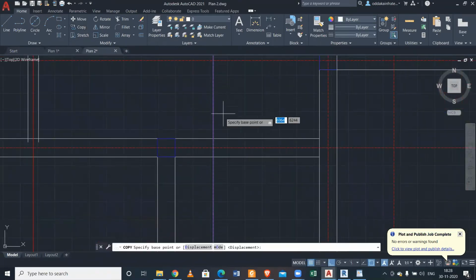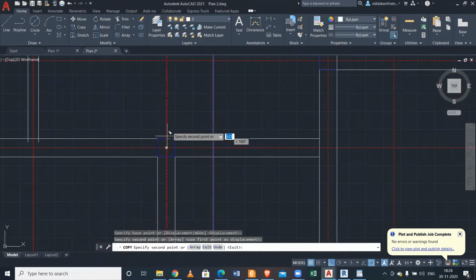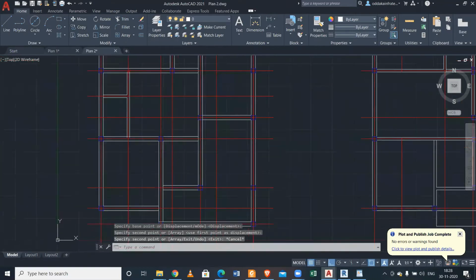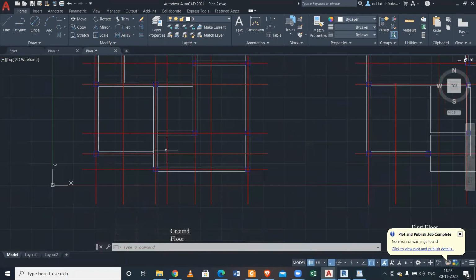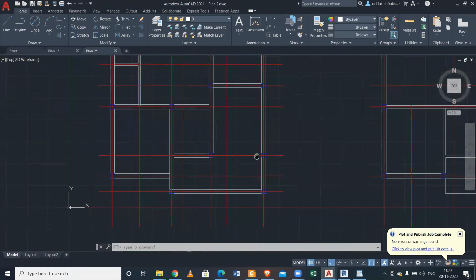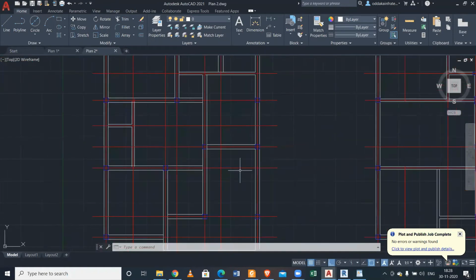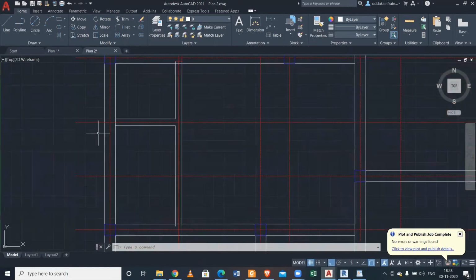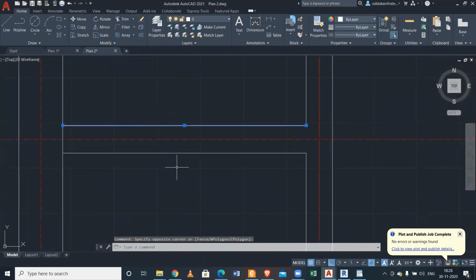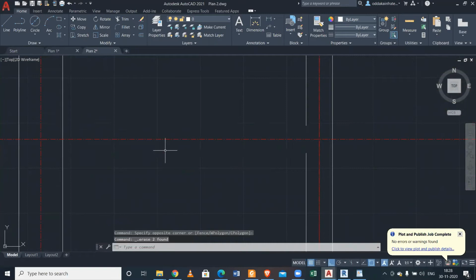Check it properly. Okay, now we are good. Give one here, here, here. So this will be the same for the first floor as well. This one also, let's just do this.